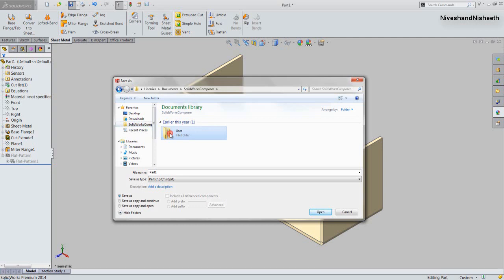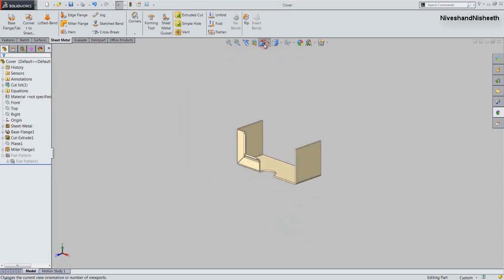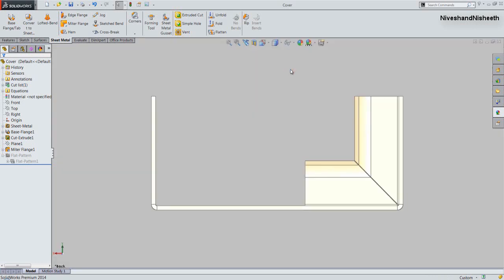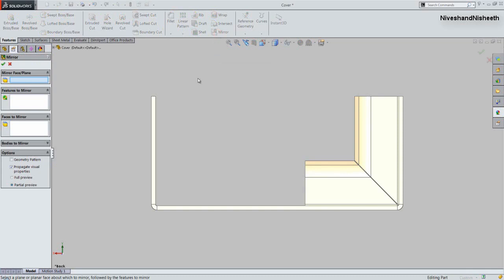Now save the part file with the name cover. Now rotate the part into this position and activate the mirror command.